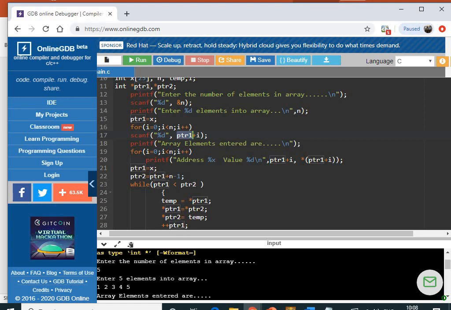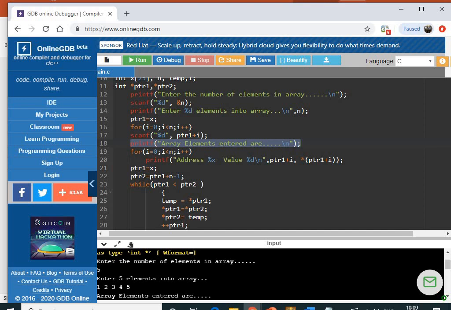Since ptr1 has the base address and the value of i is 0, x[0] would be read, and next when i gets incremented to 1, that is ptr1 + 1, with the scaling factor it is correspondingly incremented, and the n elements are read with respect to the pointer. See here I am not using x[i], whereas I am using ptr1 + i.